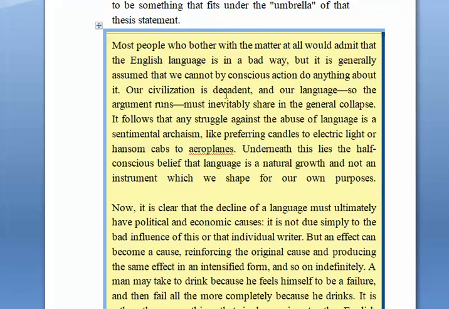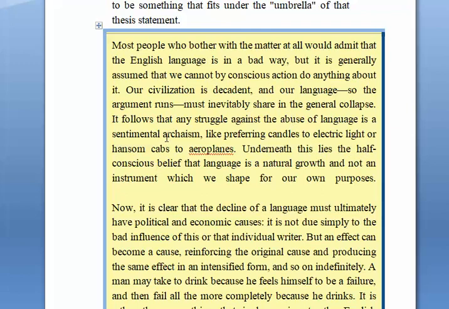Our civilization is decadent, and our language, so the argument runs, must inevitably share in the general collapse. It follows that any struggle against the abuse of language is sentimental archaism, like preferring candles to electric lights or hansom cabs to aeroplanes. Underneath this lies the